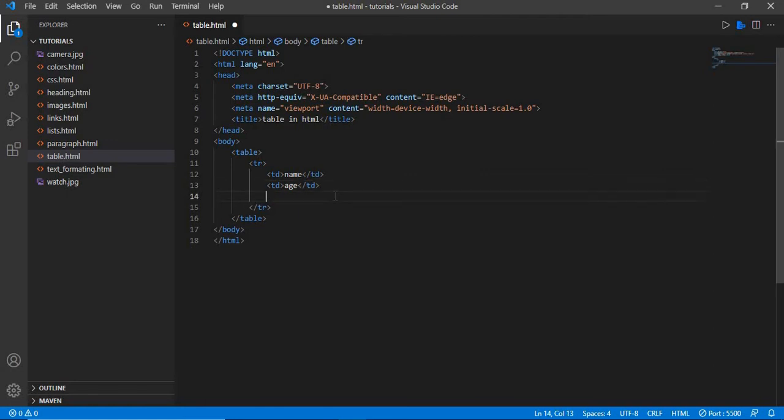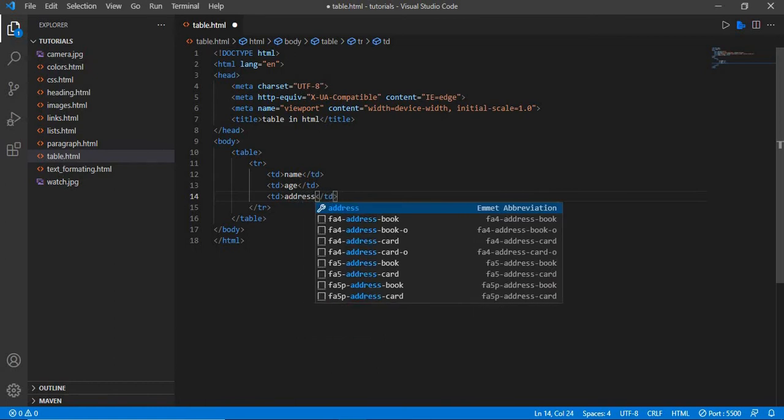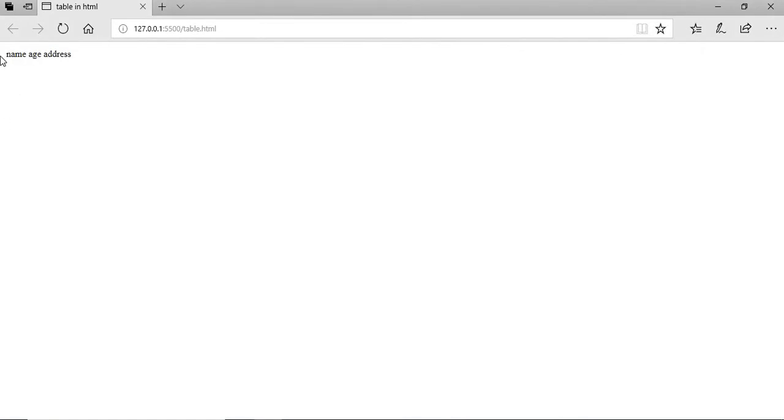In the third column we'll write address. Now we'll save it, and here you can see the live server. So this is the first row. In the first row, name is the first column, age is the second column, address is the third column.